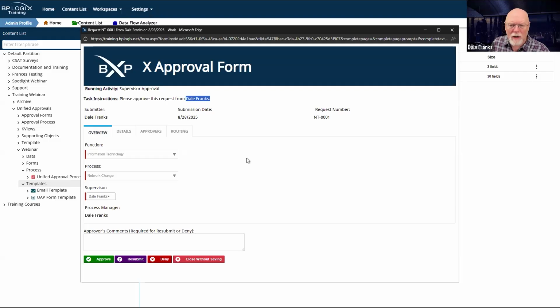I might want to go in and throw the request number into the task instructions as well, because the request number does exist. It is NT001. So for my network change, which is not NC, it's NT apparently. NT001 is my request number. This is obviously the very first one that I've submitted this year. So I know that that is working the way that I expected it to work.